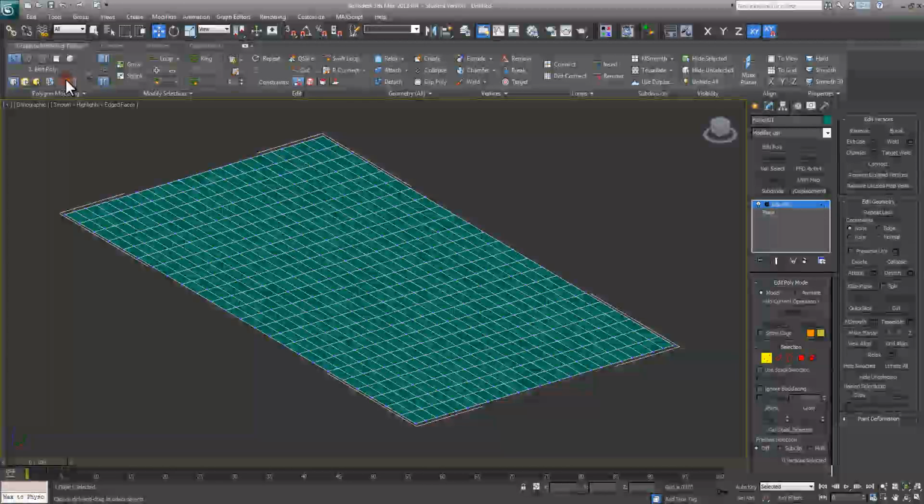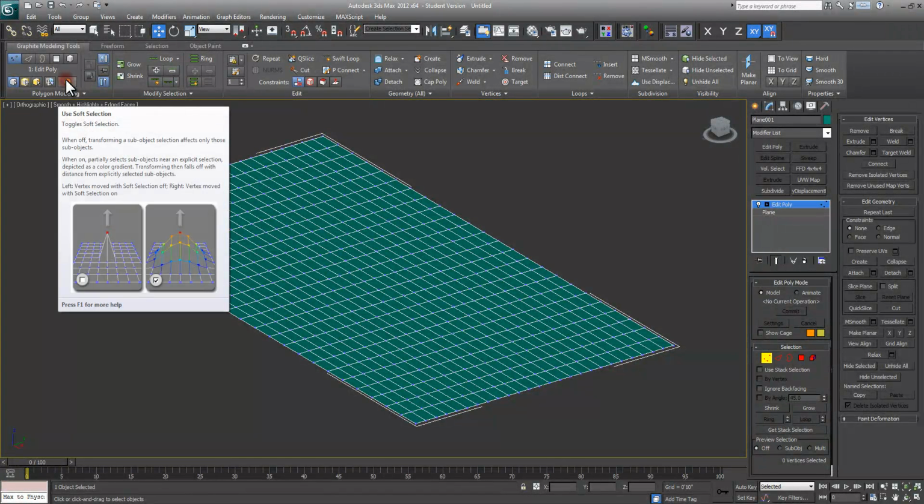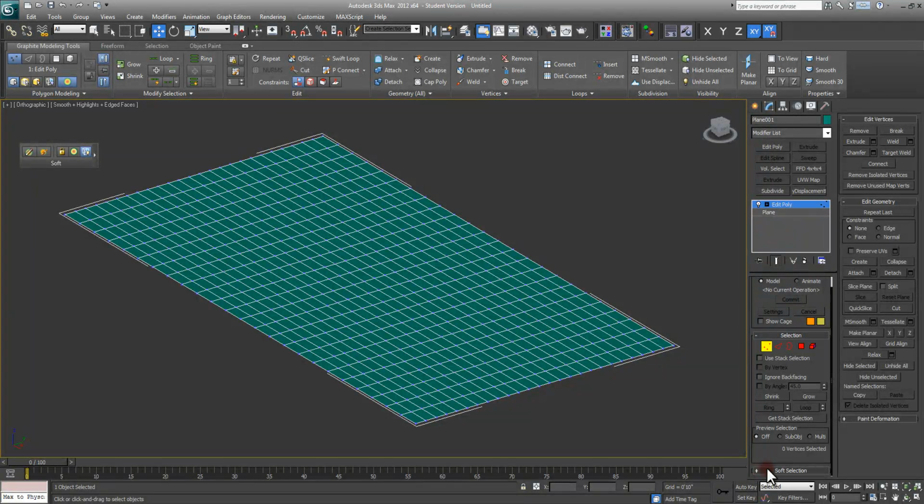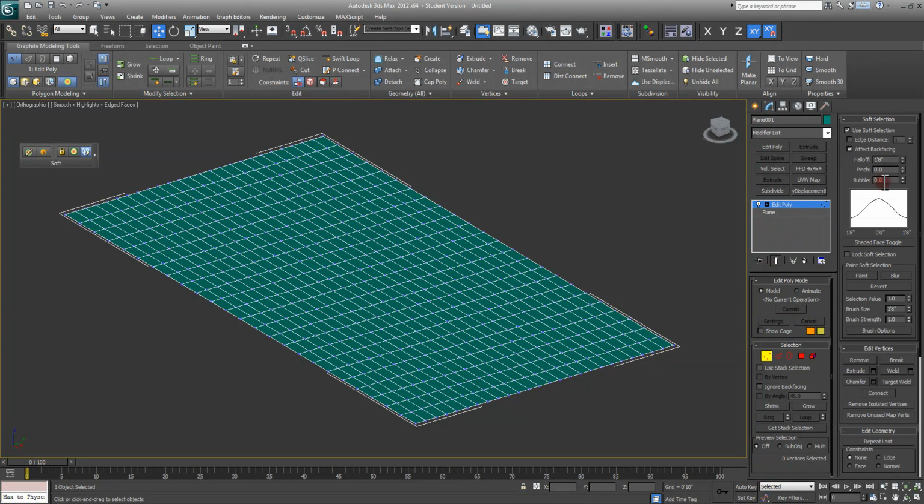and it gives you a diagram showing that if you just have one point selected and you pull it up, it only affects that point, but with soft selection it does it based on a certain falloff amount, which you can control here, or you can also control it within the modifier panel, coming over to the soft selection area, which is here, and I'm just going to click the banner to expand it,